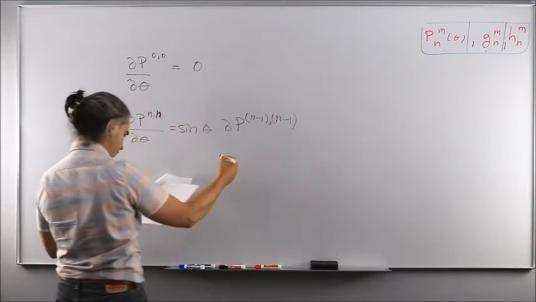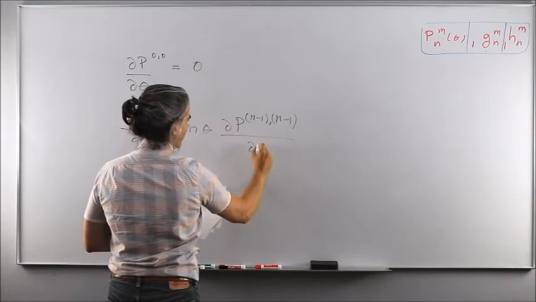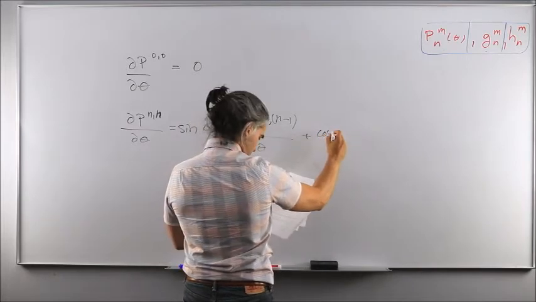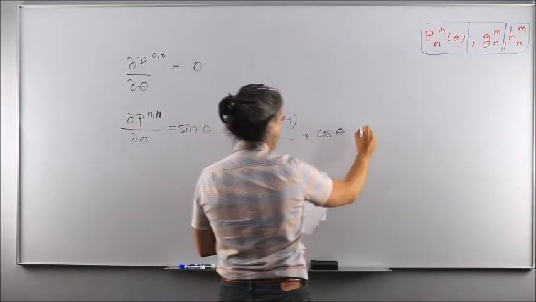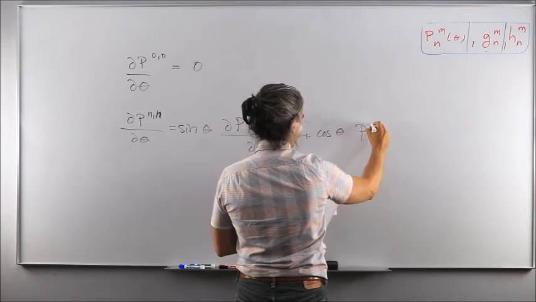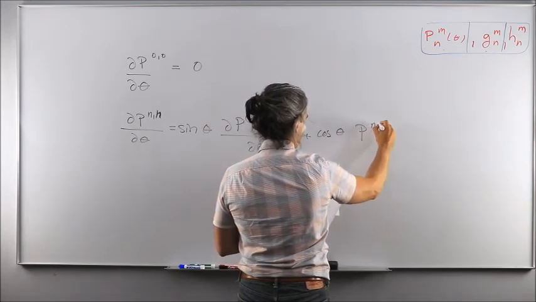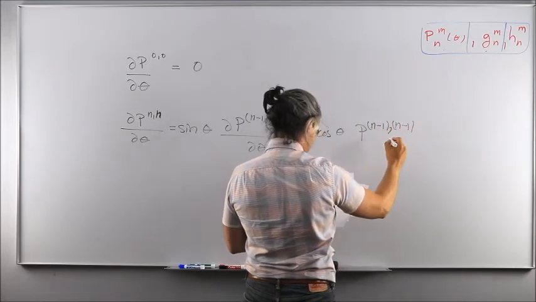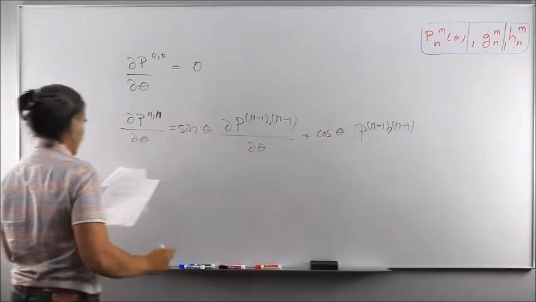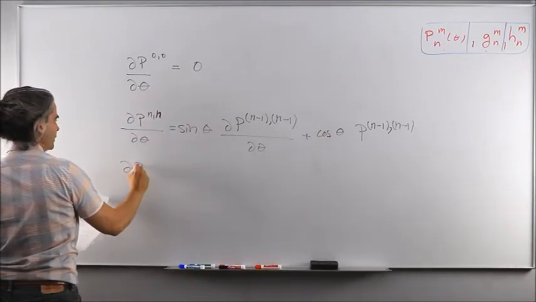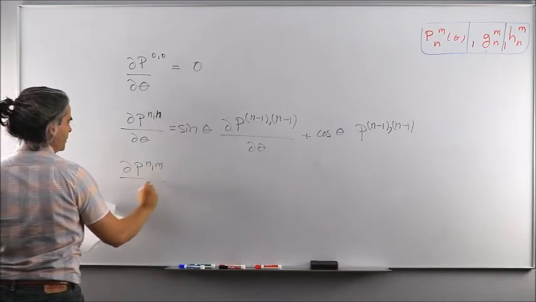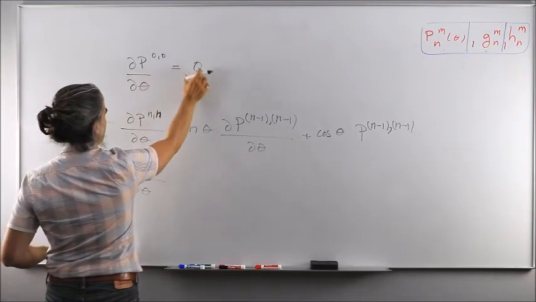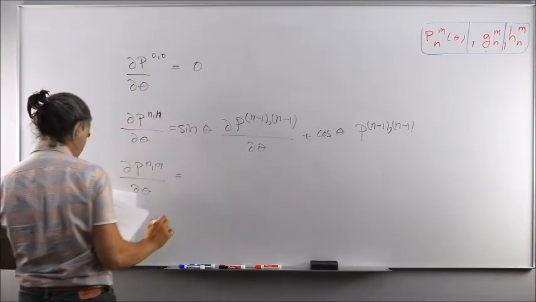So again, this is a recursive formula that we need to apply. Partial derivative with respect to theta plus cos theta of the Schmidt normalized Legendre polynomial of degree n minus 1 and order n minus 1 as well. Okay? And whenever the degree is different than the order and both are different than zero, because whenever they're both equal to 0, we know that this partial derivative term ends up being equal to 0, it will then be equal